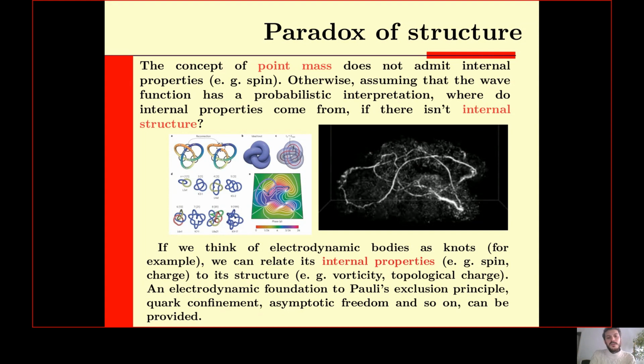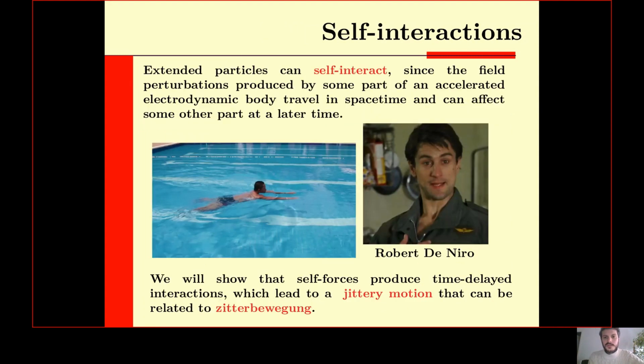In this way we can also give a foundation to many principles, because quantum mechanics has lots of principles, because you cannot explain things, you have to state them in terms of principles. So you have quark confinement, asymptotic freedom, many things that perhaps could be easily explained if we assume that even fundamental particles have a structure. In this case, I'm thinking of the electron, which is the main concern of the presentation. But if particles have a structure and they are made from fields, which are the most fundamental concepts in modern field theories, then